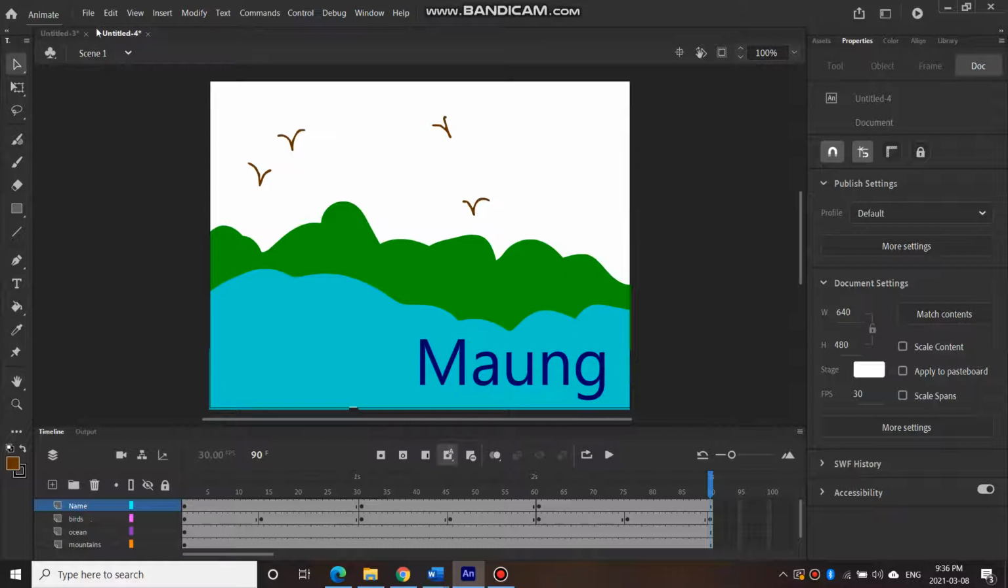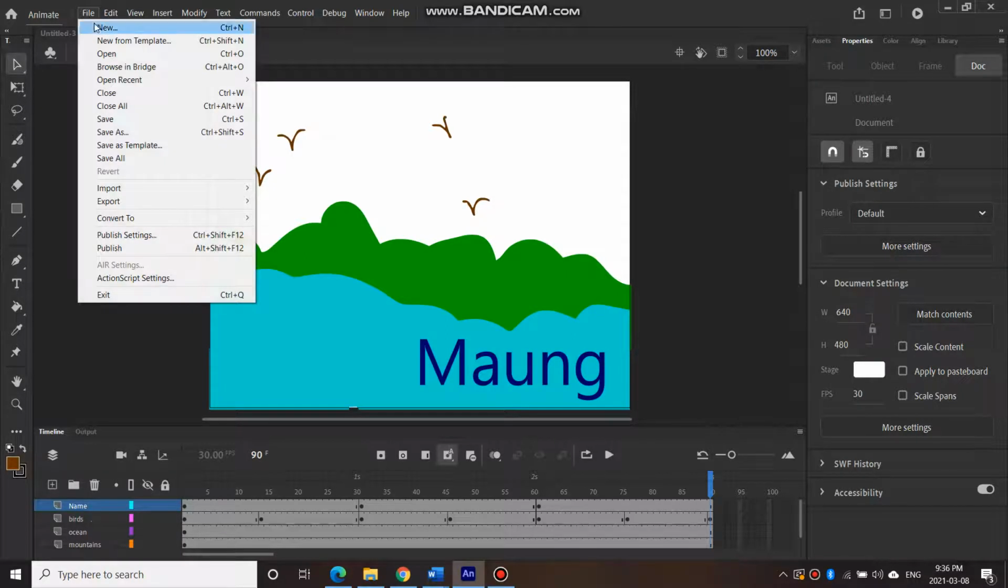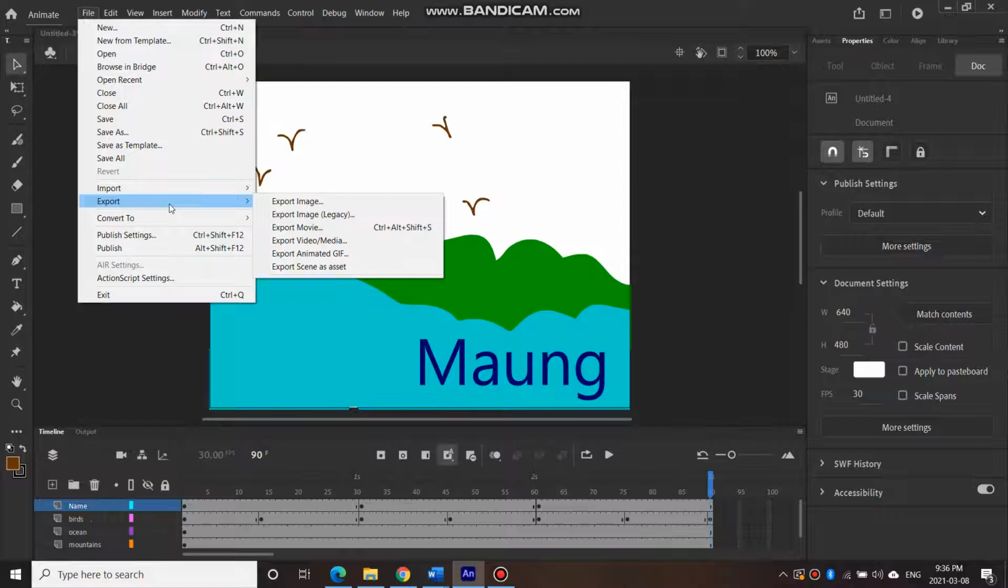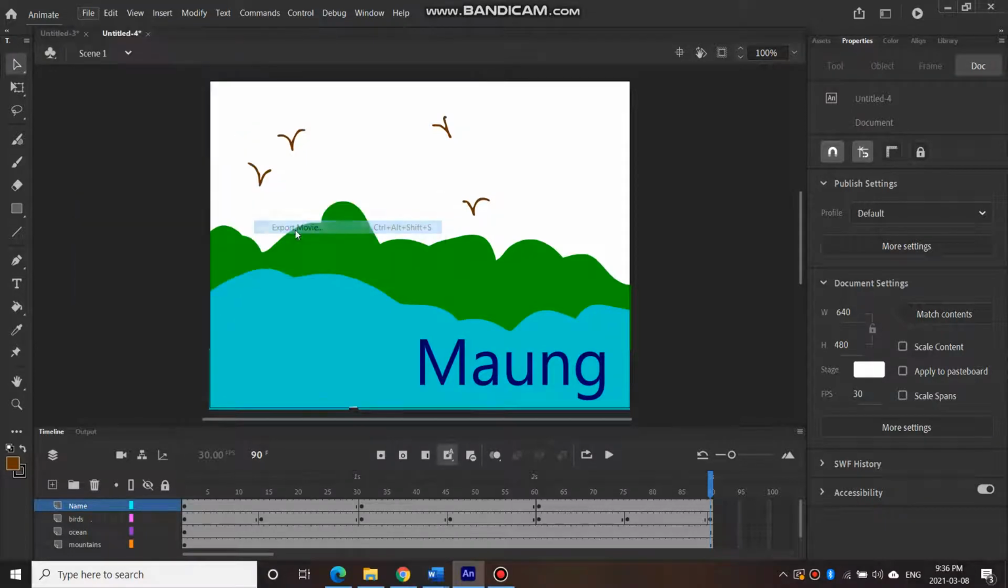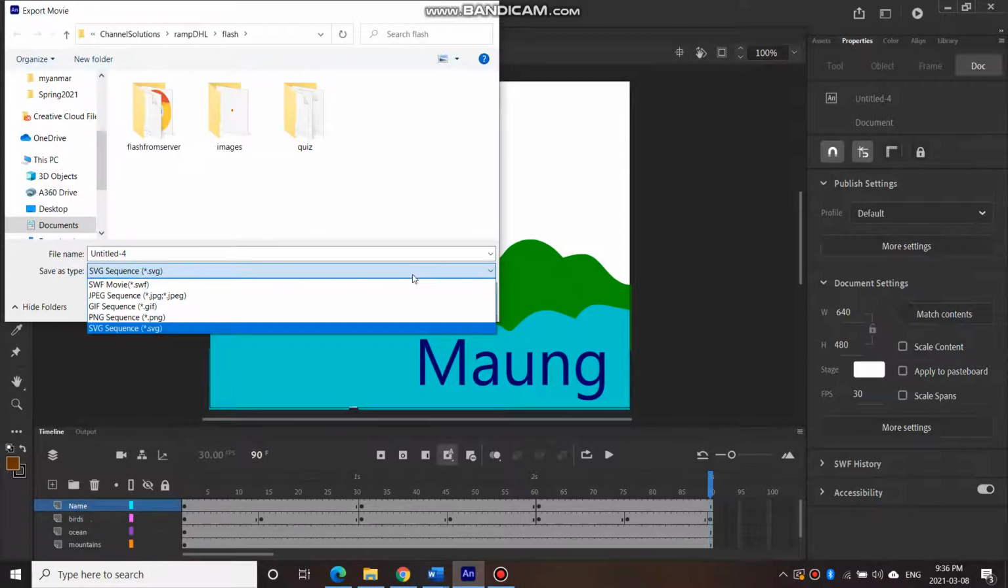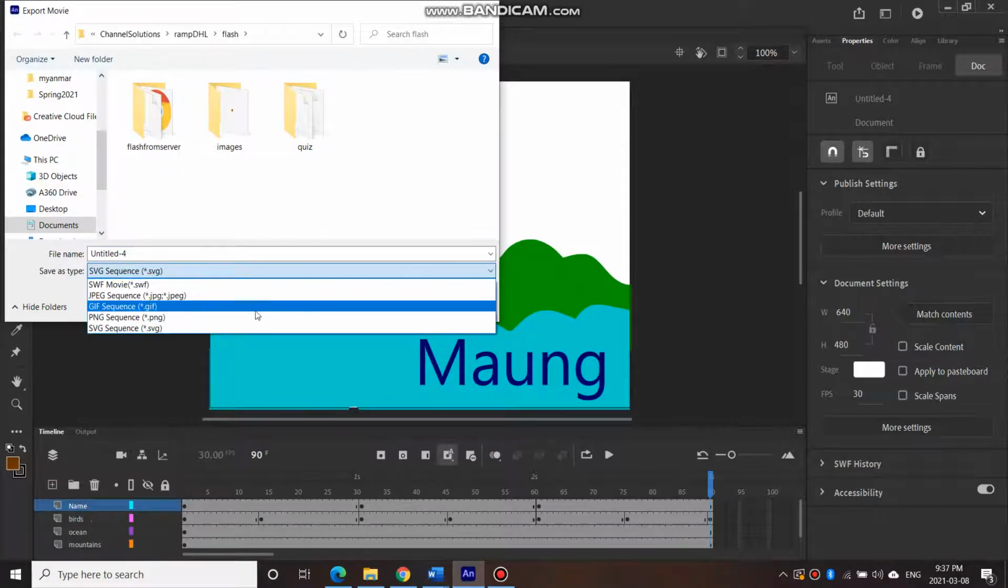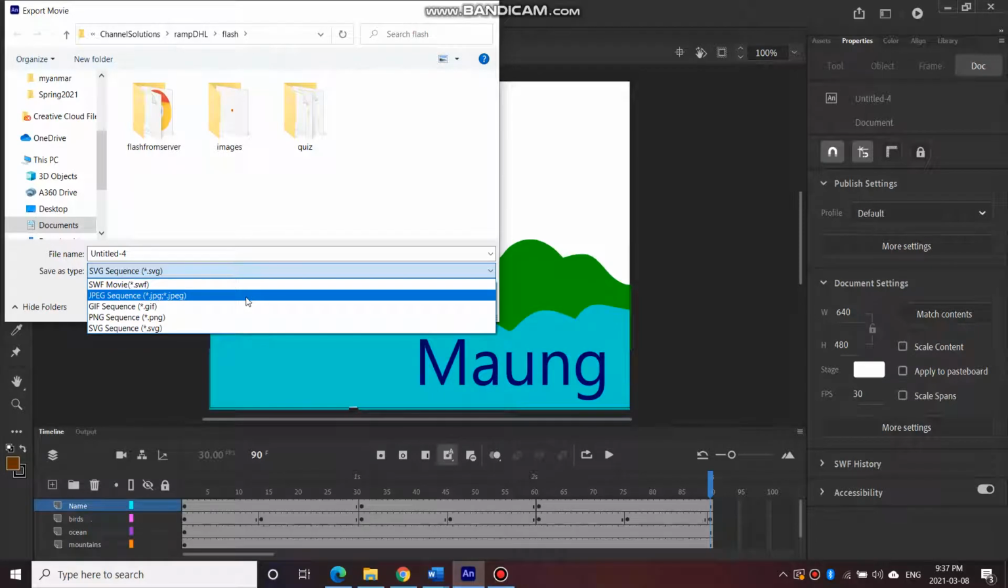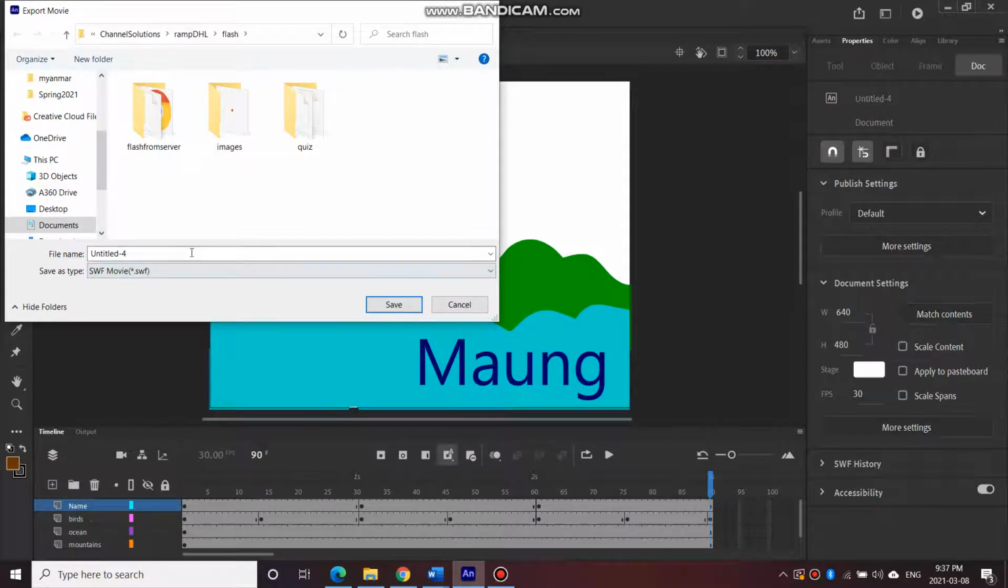All right, so next thing I'm going to do is show you how to file and then export it as a movie or video or an animated GIF. So let's go export as a movie. When you export as a movie, it could be a SWF, it could be an SVG, it could be a JPEG sequence. So let's just go SWF, and then we can name this